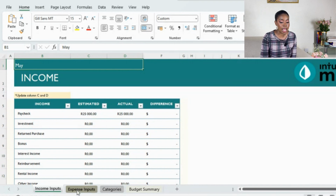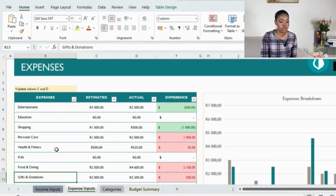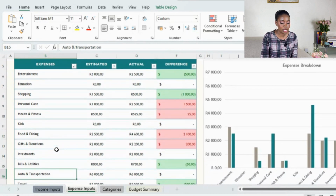So the expenses tab is a little bit more detailed, with a variety of expenses. There are different categories here in this expense tab. You've got an entertainment line. You've got education if you're studying, which I'm not at the moment, shopping, personal care, health and fitness, kids, food and dining, which is groceries, and it's also got gifts and donations. Then there are investments if you're paying towards an investment, and bills and utilities, which is your municipality bill, and transportation and